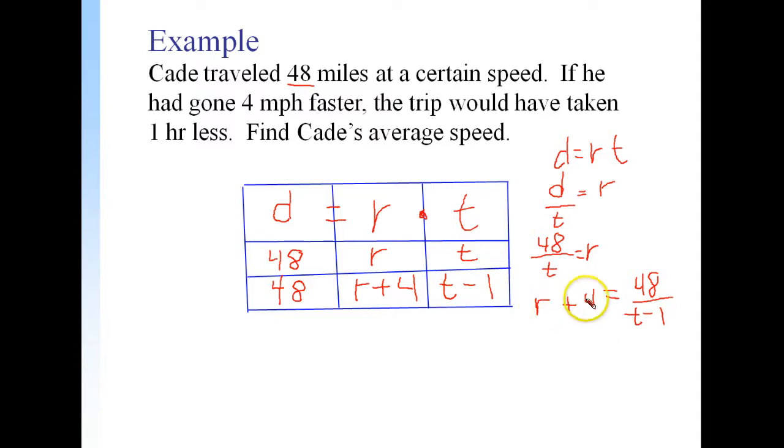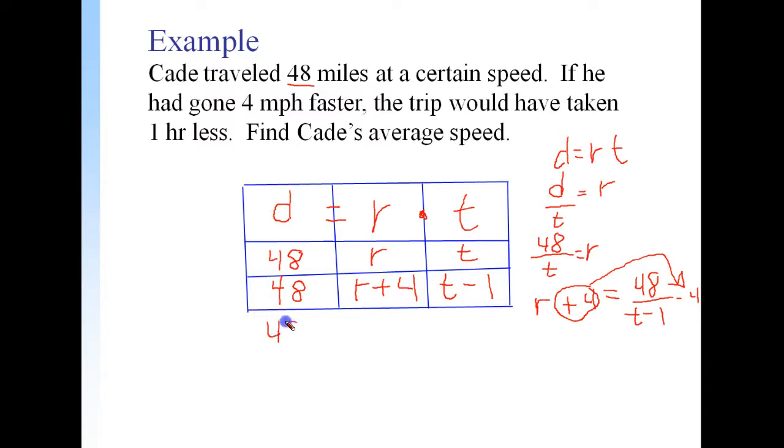Now if we wanted to solve this equation just for the letter r, what would we do with this 4? Well, we would transpose it. And over here it'd become a negative 4. So now we have rate and rate. So this is one rate. That's what that r is. And this r is the same. And it's this rate over here. So we can set up an equation which is